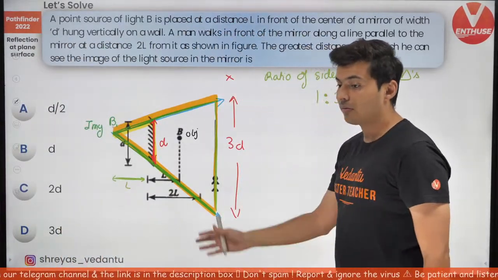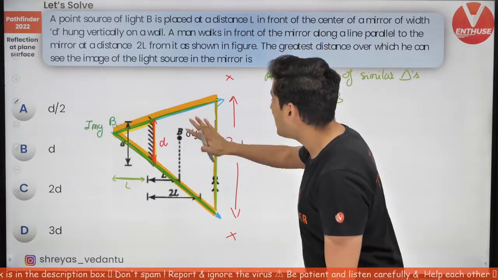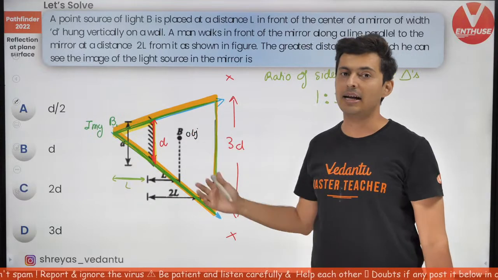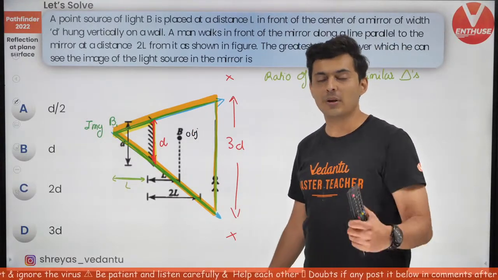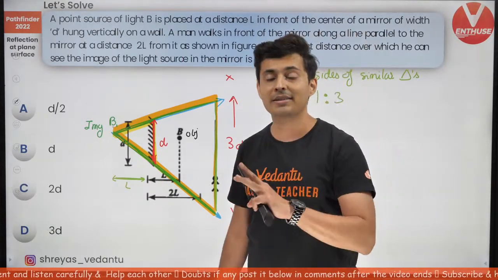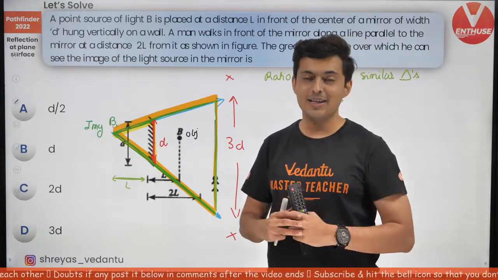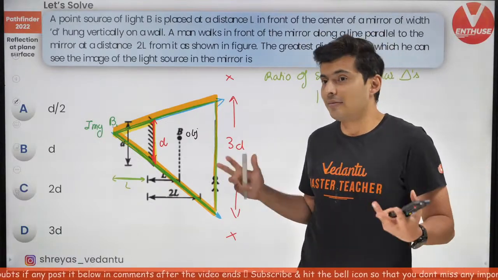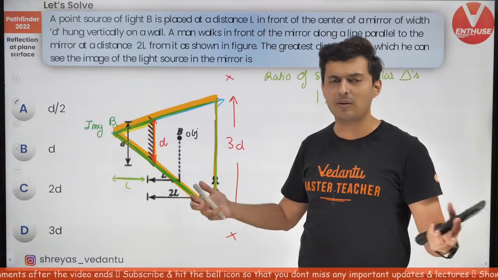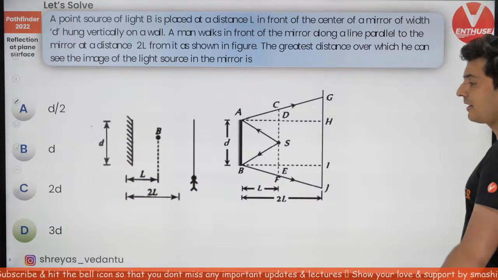Very good. Not 1:2, it is 1:3. A lot of students make that mistake also. So beyond this point, you will not be able to see. You can see the use of geometry, which you have learned back in 8th and 9th grade, being very easily used here to solve the problems of ray optics. Also, do you know, ray optics in many books is also called geometrical optics. The reason is a lot of geometry is involved, and many students feel that ray optics is all about formulas and remembering basic definitions. No, it's also a lot about geometry, which you have studied in your lower grades. 3D is the answer.